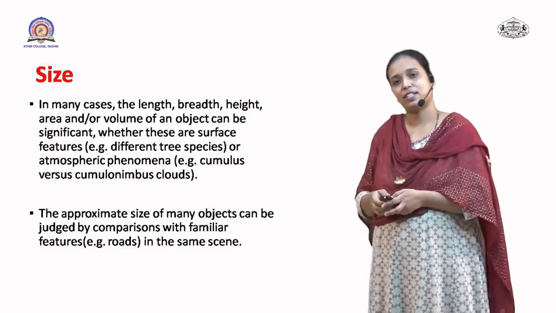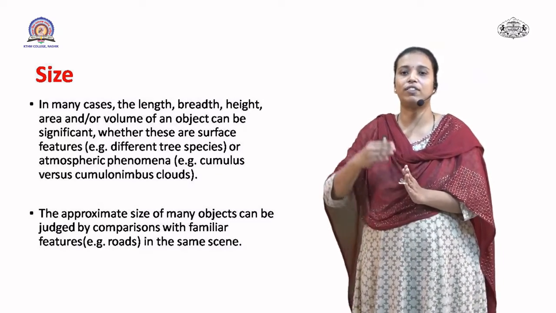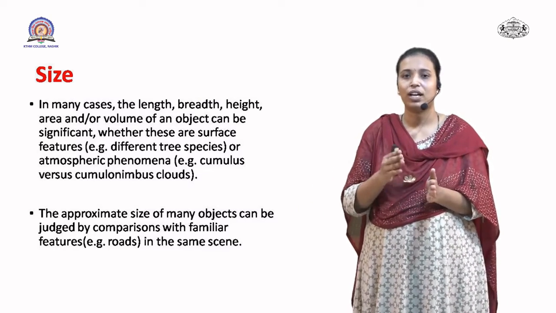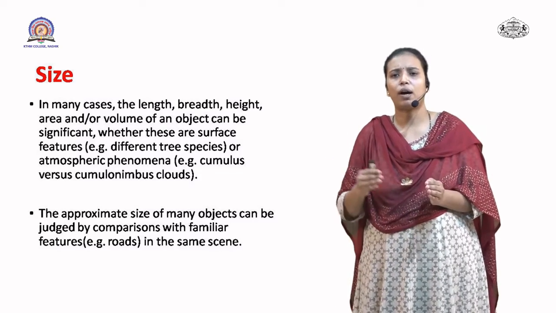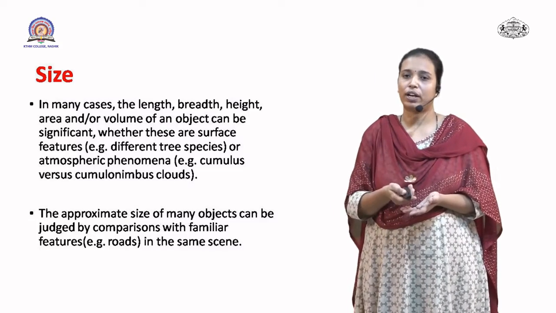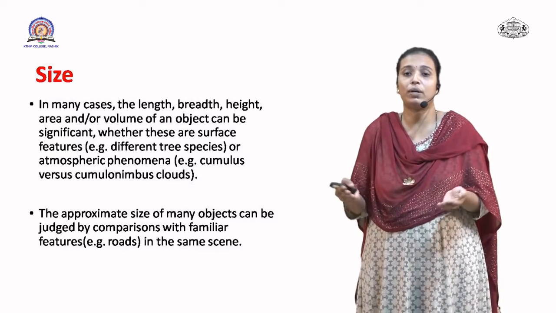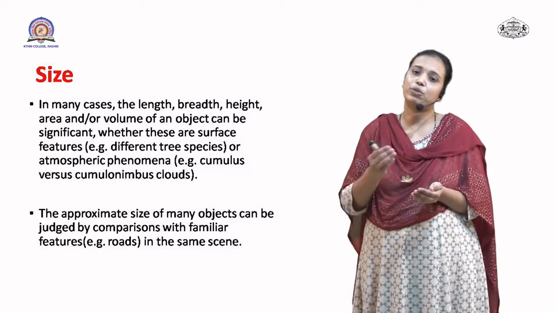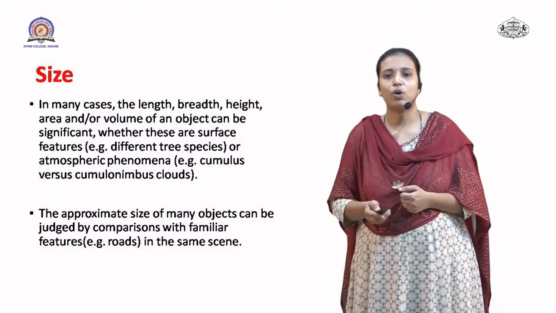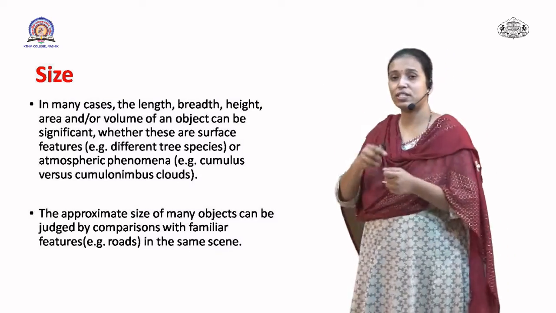The second one is size. Size of objects helps us to compare any object with the second object. That is, the size of one object may be long, the second may be short. So you can compare it, it may be a long bus, it may be a short bus. Or you can identify that if in oceans you see a large size object, it may be a long ship or cruise, and if you see a very short object, it may be a small boat also in that ocean.